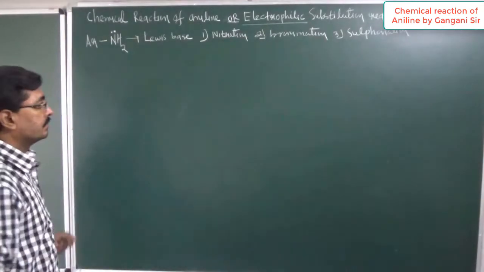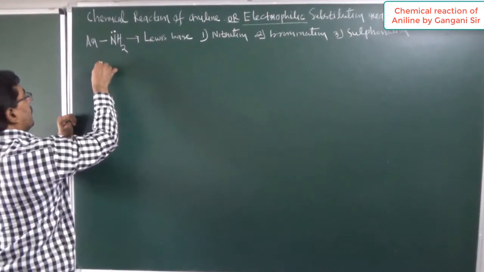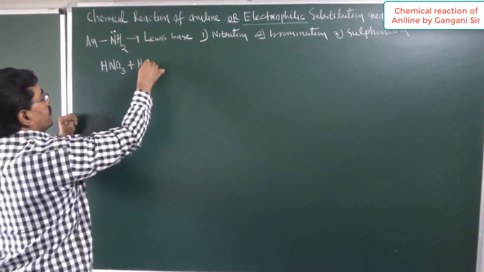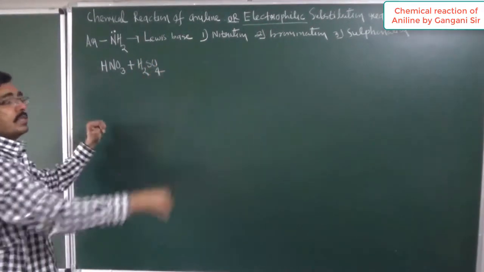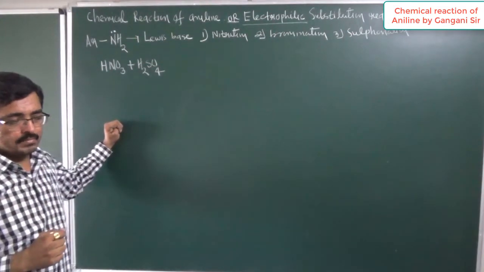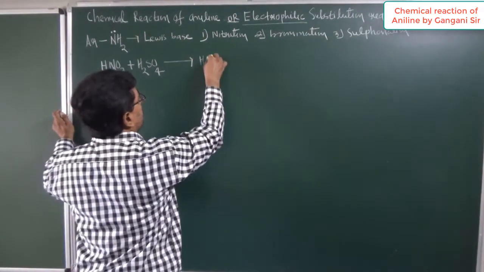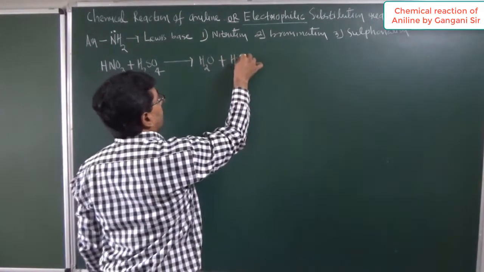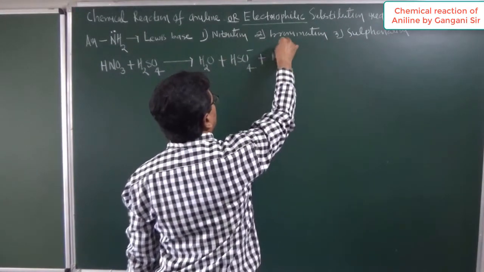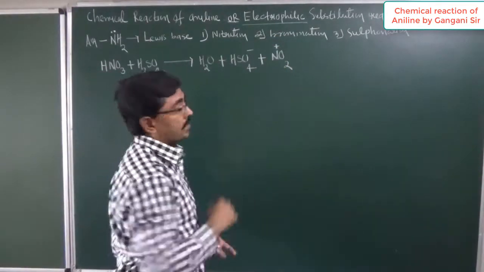Now let's start. I have taken a mixture of nitric acid and sulfuric acid for the purpose of nitration. Nitration reaction can be carried out by using concentrated nitric acid as well as sulfuric acid. Whenever we mix these, we get three things. First we get water molecule, then we get HSO4 minus, and we get an electrophile, nitronium NO2 plus. The question should arise in your mind, how is this obtained?